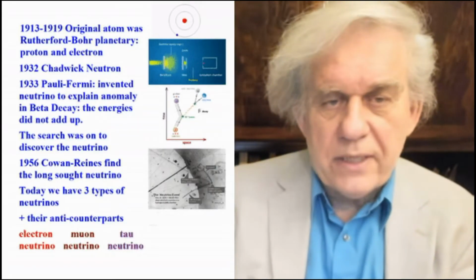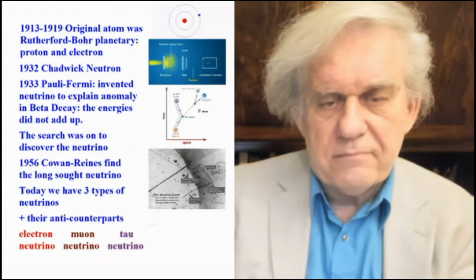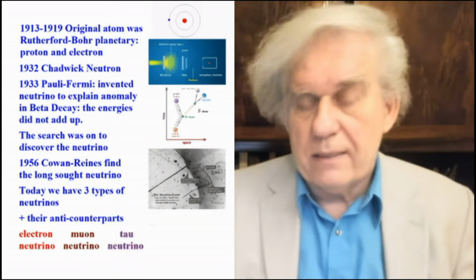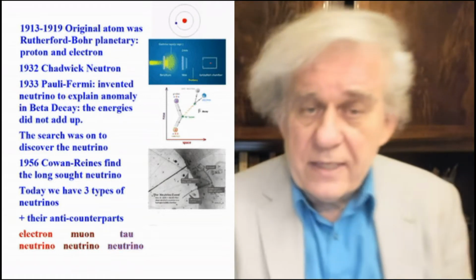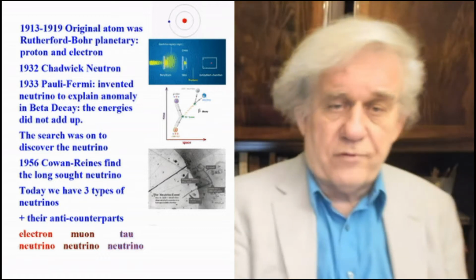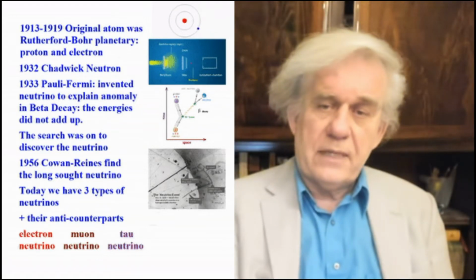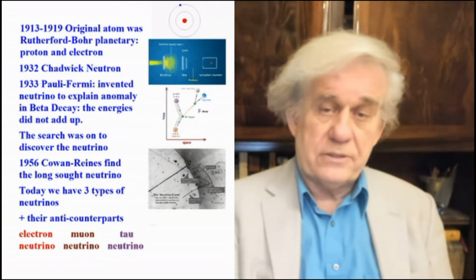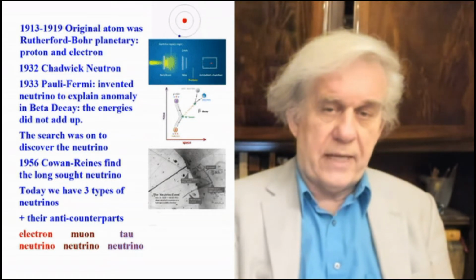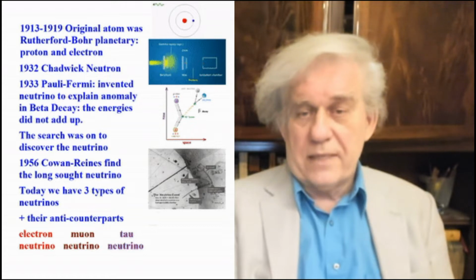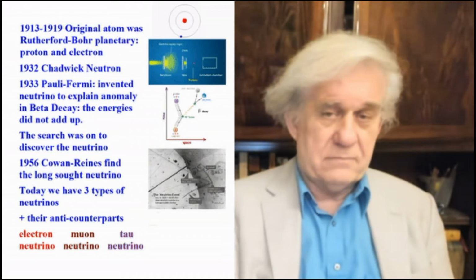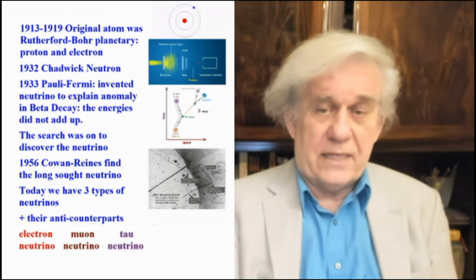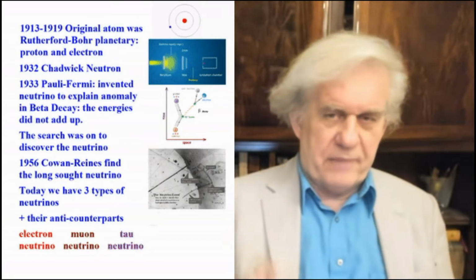Okay, so let's recap from the other day what we had. Here we have a little history of what happened to the neutrino, especially. The original atom proposed by Rutherford and Bohr, and there you see it at the top, it's a little planetary atom, little electron bead going around the nucleus. Okay, so we all understand that. The only issue there is what keeps the electron bound to the proton. You got to account for that from a physical perspective.